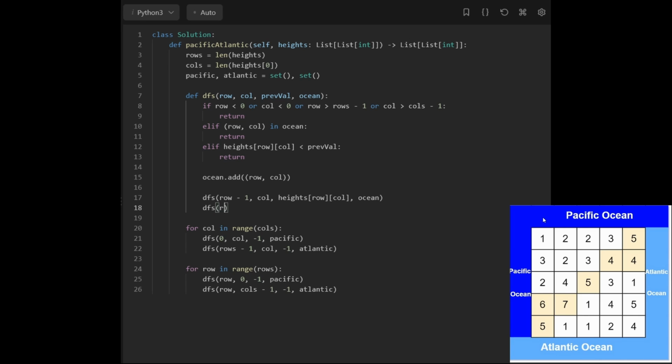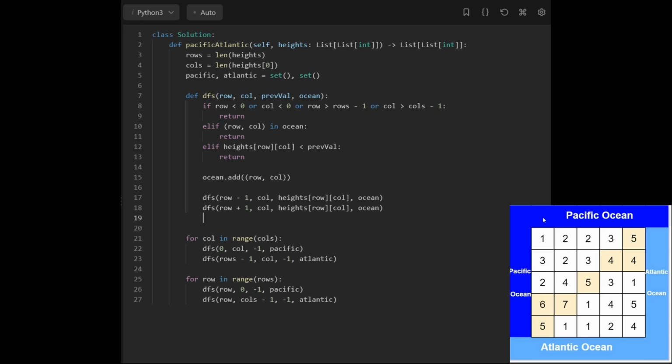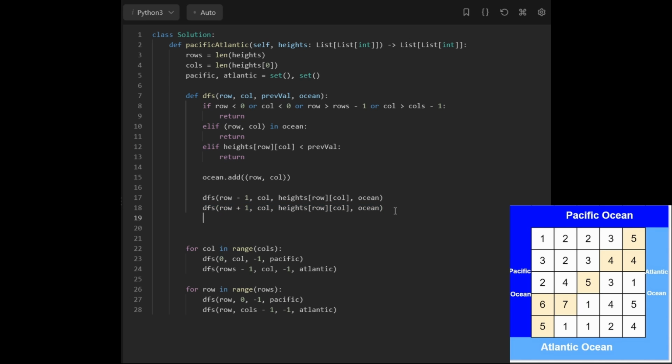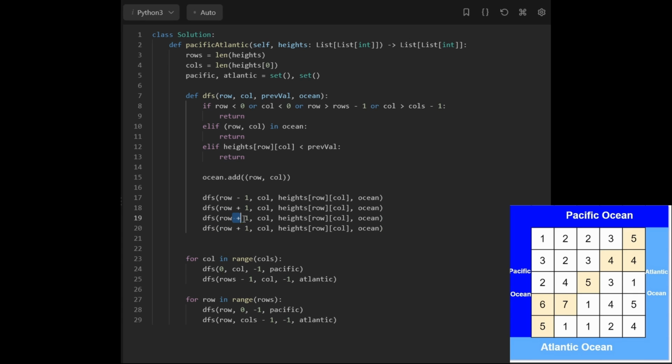For below, we just do row +1, and then we copy the same thing we just did. And similar thing for the left and right. I'm just going to copy and paste it now since it's a little bit faster. And instead of row +1, we're going to do column -1 and column +1, because that would be the left and the right values. And then after this, we should be able to traverse every single cell,